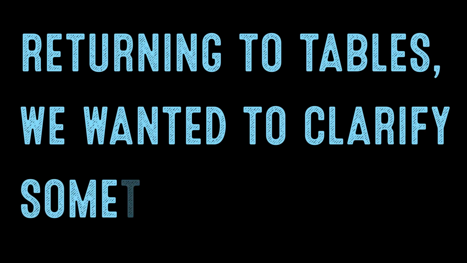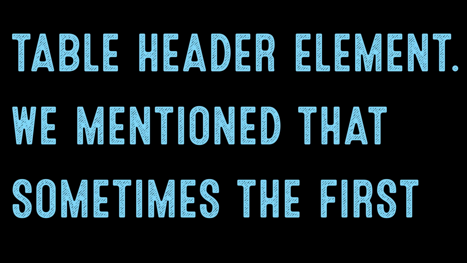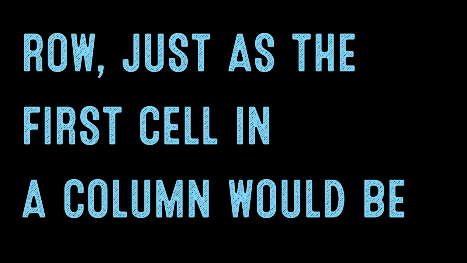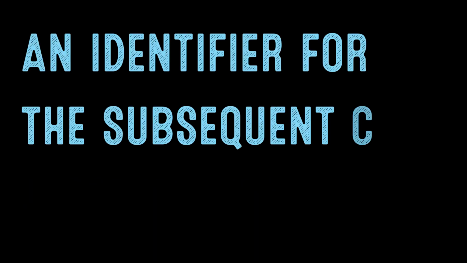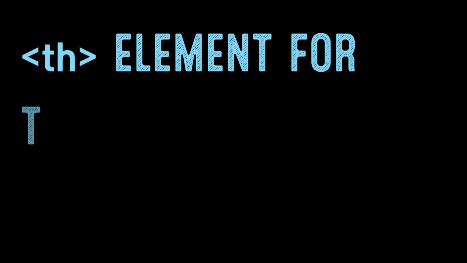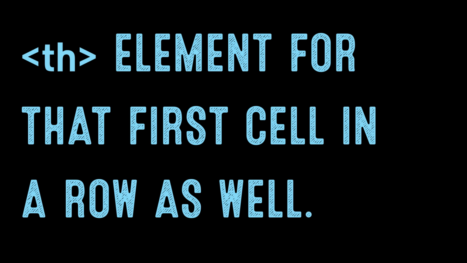Returning to tables, we wanted to clarify something about the table header element. We mentioned that sometimes the first cell in a row is an identifier for that information in that row, just as the first cell in a column would be an identifier for the subsequent cells in that column. What may not have been clear is that you could use the table header element for that first cell in a row as well. So if we go back to our example,